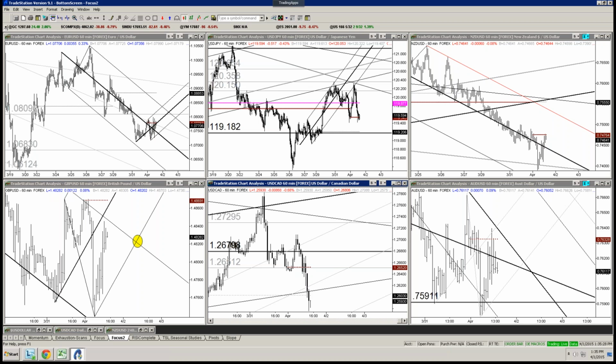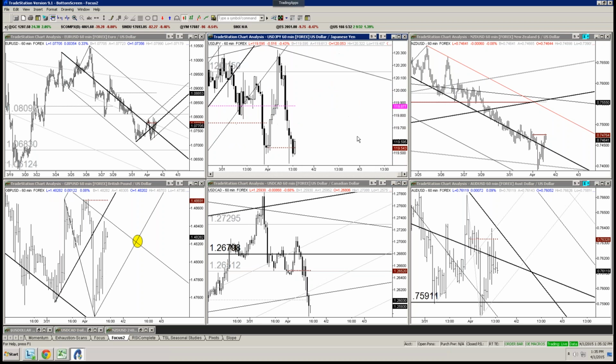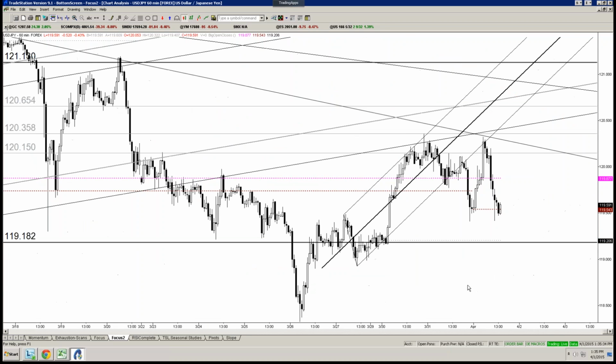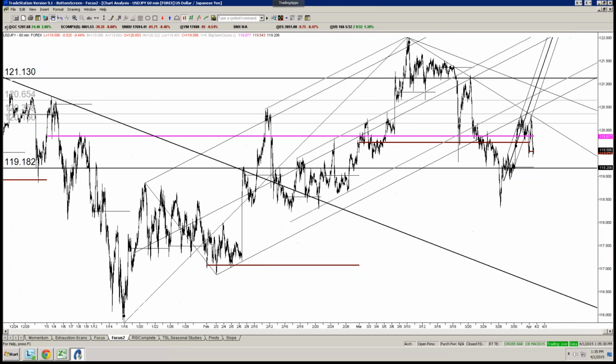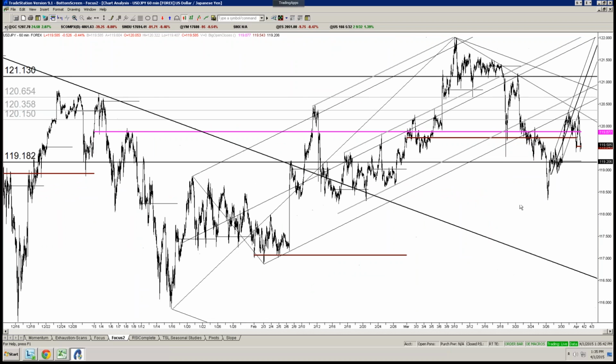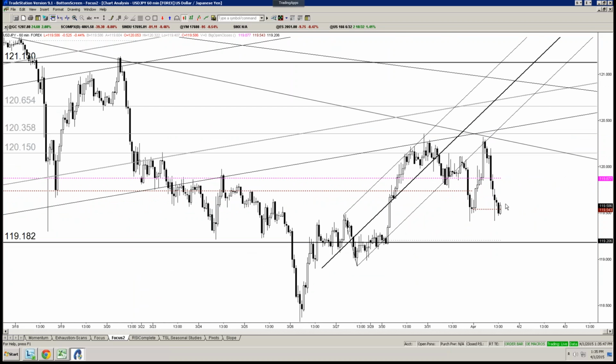Okay, taking a look at yen. Been showing this same chart for some time, right? Dollar yen ended up finding resistance last night. Still not totally sold on the fact that that is the high or that's it. We could still get back up closer to 120.65 or even 120.80.